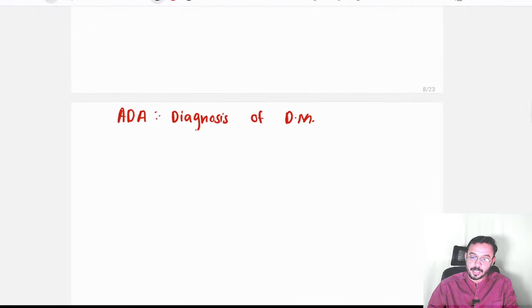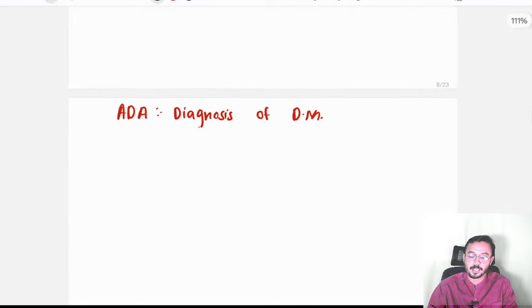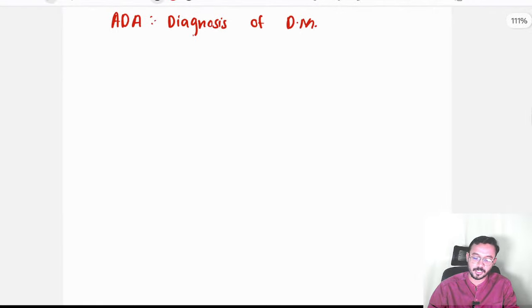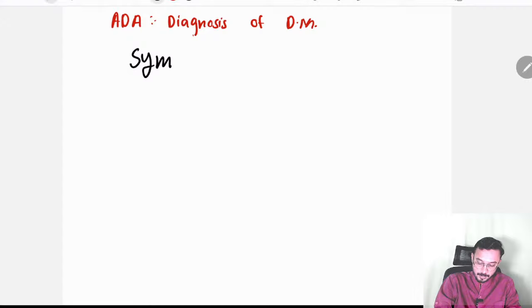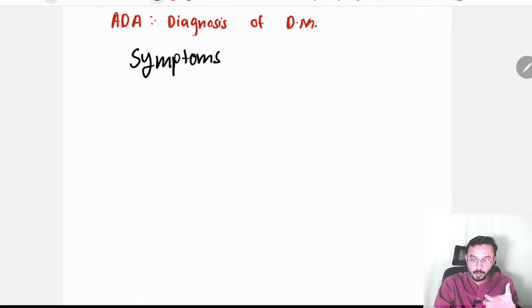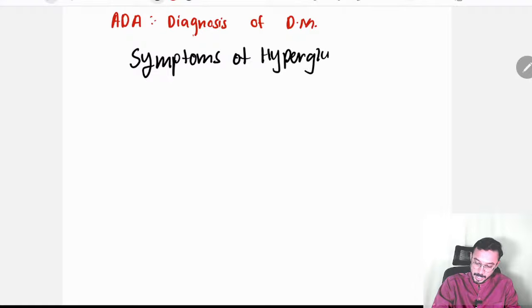And next we move to the diagnosis of how you diagnose diabetes mellitus. According to the American Diabetes Association, the person should have these symptoms. So what are all the symptoms? Polyuria, polydipsia, weight loss and all. The person is having symptoms of hyperglycemia